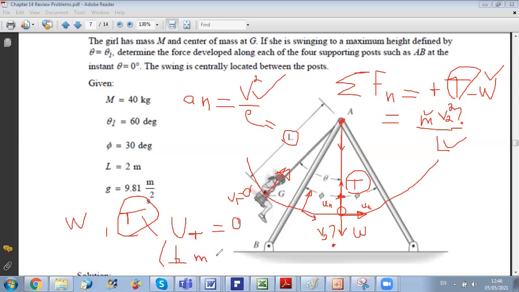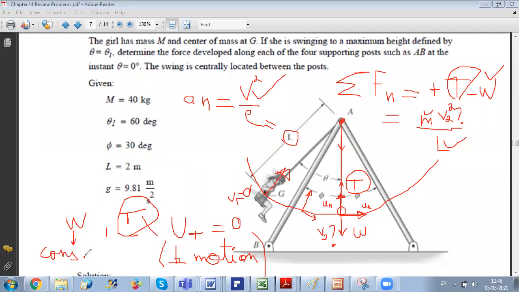The only force doing work here is the weight, and because it is a conservative force,